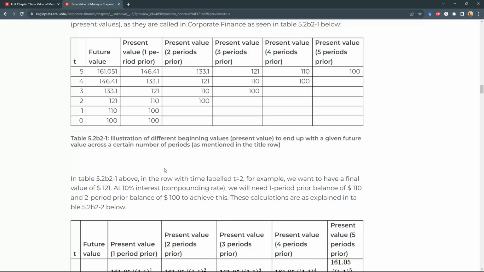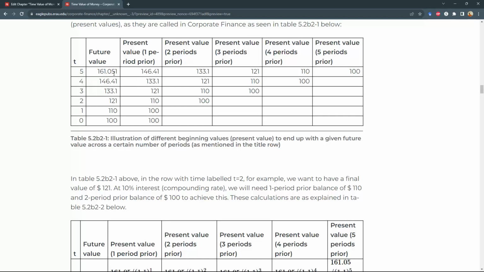This table 5.2b2-1, as seen here, is an illustration of different so-called present values corresponding to a future value. Similarly, we can have different future values corresponding to a present value depending on how many periods forward we go. So this table actually just gives numbers. So if we have a future value or starting point today of